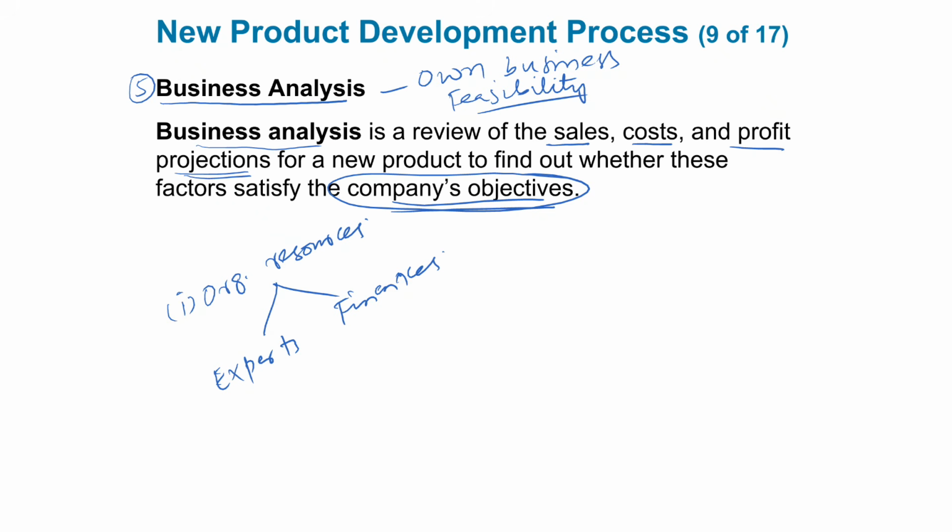So check your own business resources. Do you have enough money to start that product? Do you have a factory? Do you have the machinery to produce the product, if it is a machine-intensive product, or the experts to do that, or the equipment, or, broadly speaking, resources? Do you have enough or appropriate resources for this idea? If the answer is yes, you can move ahead with the next stage. If no, then you cannot do that. And another key point is you make sure that you select a product that is aligned with your business objective or your company's objectives.